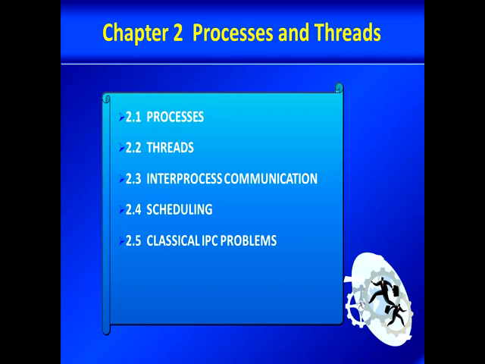Maybe during this period, the process is just created, and then this process is in the new state. And after that, if the process gets everything it needs in the memory, and the CPU